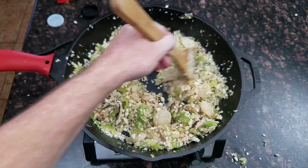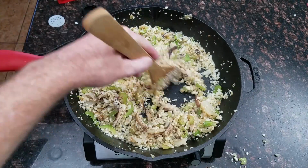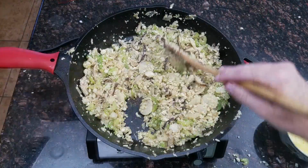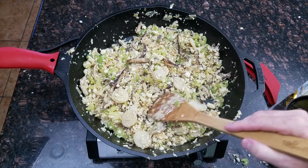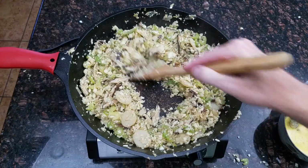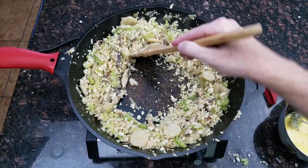We want to make sure it doesn't burn, apparently. And cook until the rice is soft but not mushy. I tried it and the cauliflower is tender but not mushy. It's still a little bit crunchy, but I think that's okay. As you can see here, it's starting to burn on the bottom a little bit, so I'm going to make